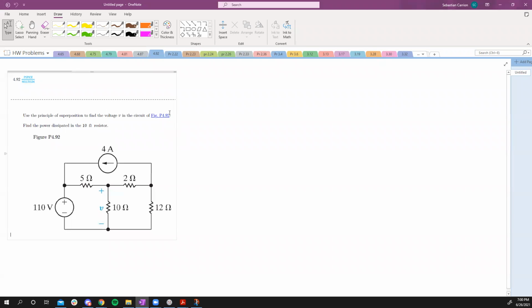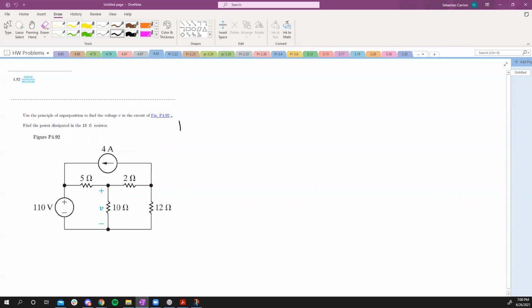All right, so it says use the principle of superposition to find the voltage V in the circuit, and then find the power dissipated in the 10 ohm resistor. So the principle of superposition says, well, by definition, we want to remove an independent current source, find the voltage across this 10